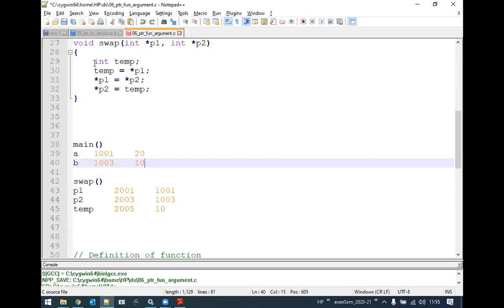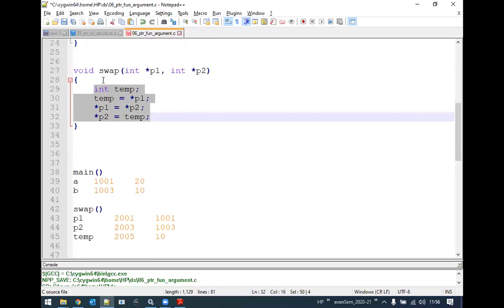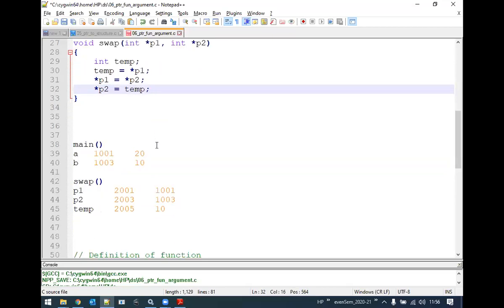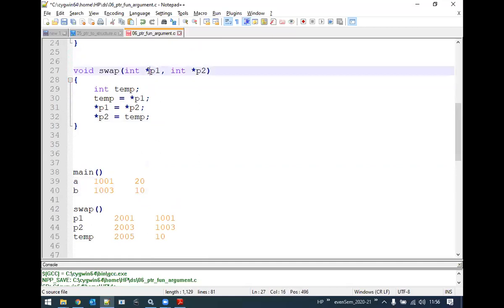So at the end of these 4 lines execution, that is, when this particular user defined function was called, what has happened now? The values of the actual parameters got modified by the formal parameters, right? Do you think that these P1 and P2, which are formal parameters, are modifying the values of actual parameters, that is A and B? Yes, indeed. Both those are modifying the values of A and B.